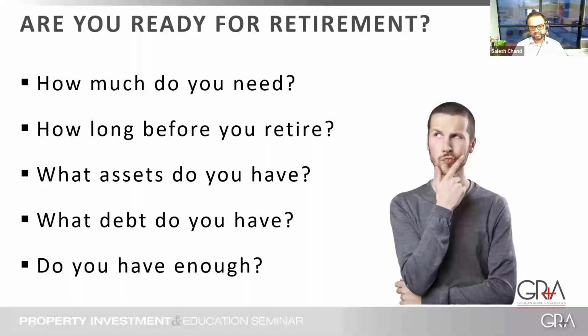And then we say, what assets do you have? Most of you could probably have enough assets. You just need to rejuggle them: sell assets that are not performing, or look at some good performing assets and buy them. If you're a young person, you look at, okay, what assets do you have? Can you borrow some deposit from your parents and buy a property? And what debt do you have as well? That's another question we ask.